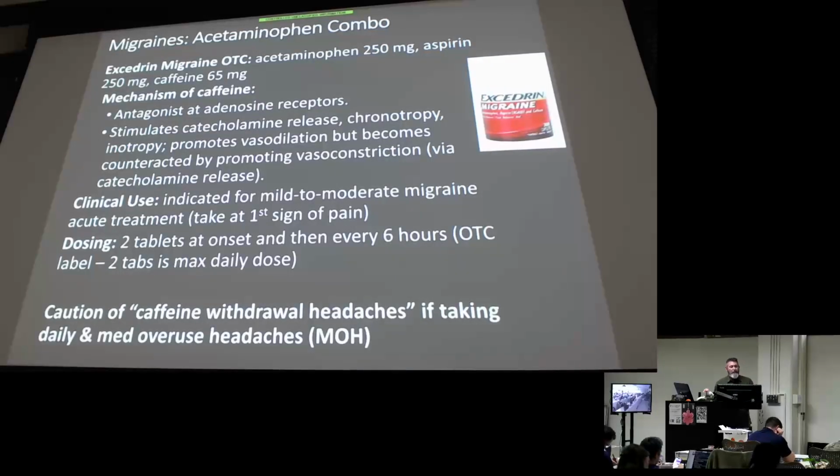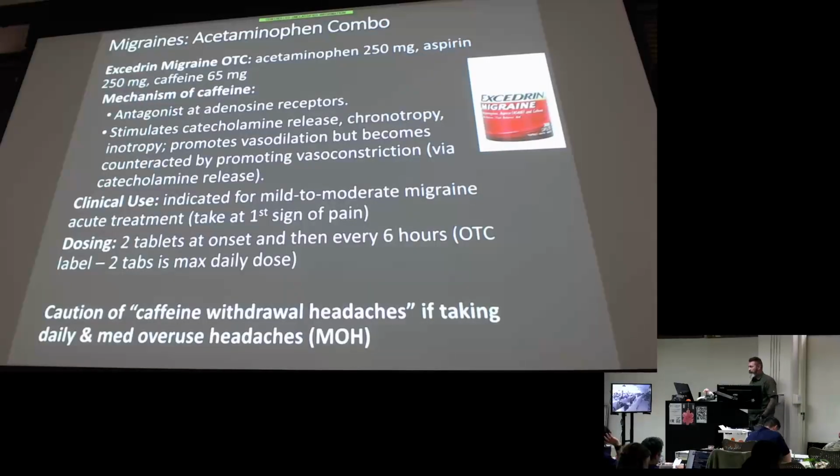And you see it's got aspirin, so it's got some NSAID in it, low dose with aspirin, Tylenol, and the caffeine. And the mechanism of the caffeine is listed there. I'm not going to ask you about that, but it does contribute to the analgesic effect. It helps by causing some vasoconstriction. And when we talk about the pathophys of migraines coming up soon, you'll see that's vasodilation. So the caffeine does contribute to a little of that. So once again, we're talking analgesics, not targeted specific therapy. So mild to moderate.